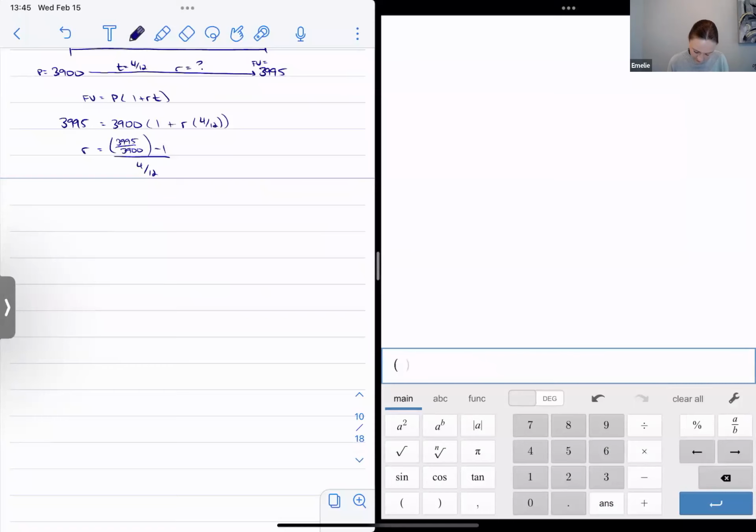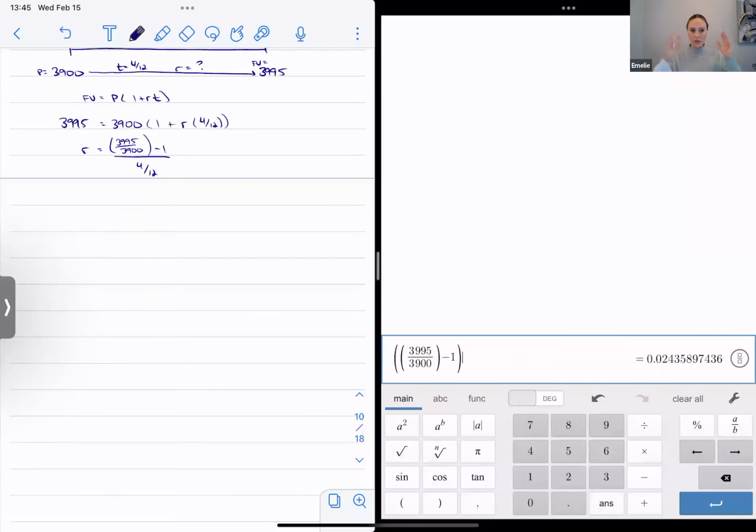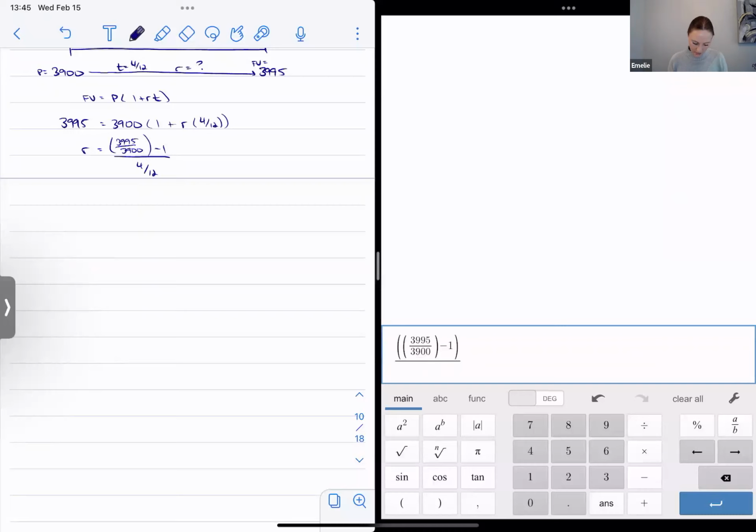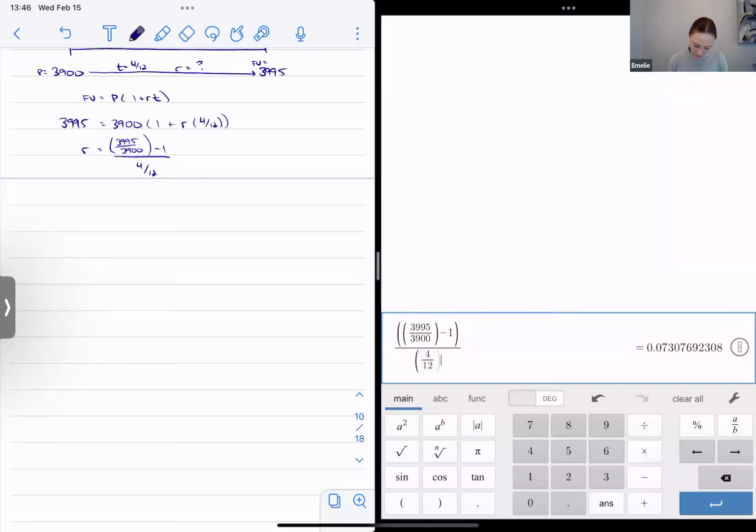Okay. Keeping track of my brackets, 3,995 divided by 3,900. Close that first bracket, minus 1. End bracket for the numerator, divided by 4/12, which I'm going to put in brackets just so it doesn't get confused. And I get 0.073077, which will round, but